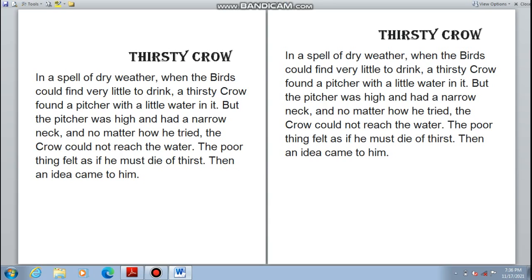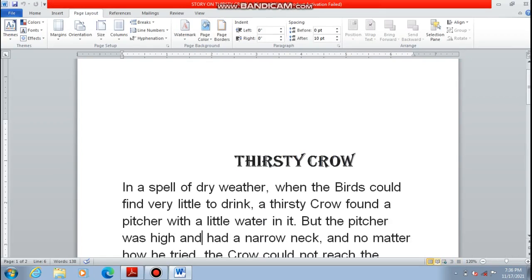I'm just repeating one more time so you can see here. This is my cursor. Look at the cursor. Now the cursor is on the right side below. Look at the bottom right option. As you move your cursor on the second option, that is known as full screen reading. So this is another view of the document.